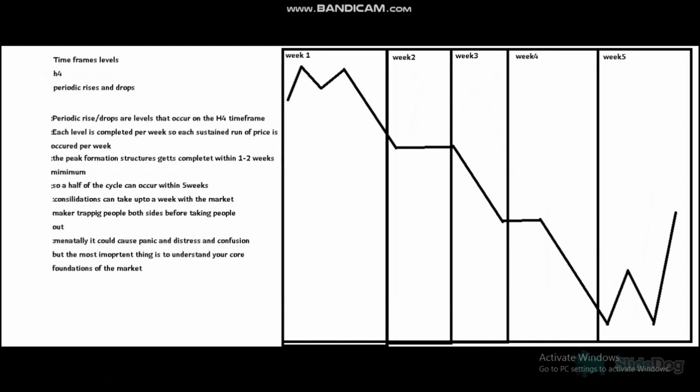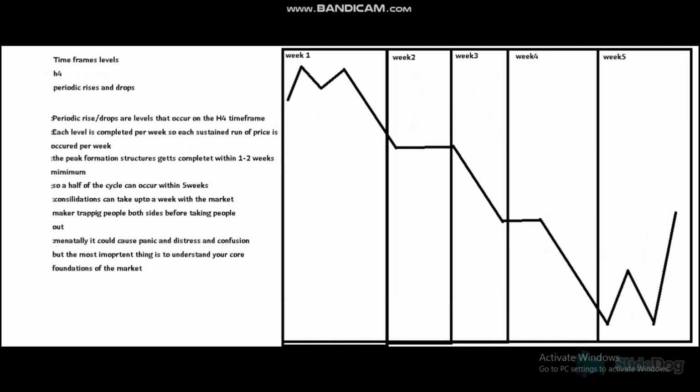You need to stick to your foundation no matter what happens in the market, because it's gonna be long. That long sustained run is gonna include traps, it's gonna include inducement, but as long as you understand your foundational principles of the strategy, you'll be fine. You just need to be mentally strong. Physically, it will drain you. But yeah, each level is completed within a week, per week, and the peak formation structures get completed within 1